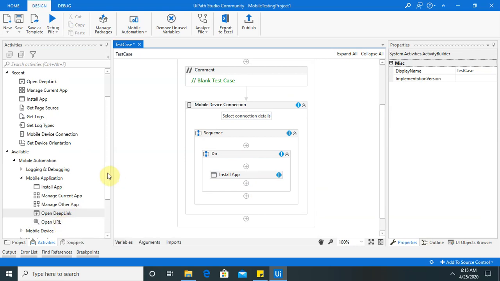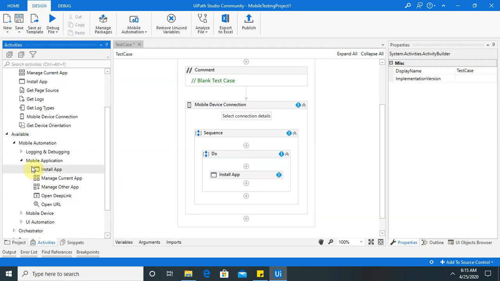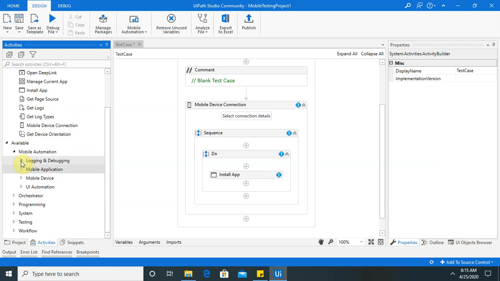Open URL also works, like if you want to open google.com or any other website in the mobile application. You can also check how much time it takes at the time of launching the browser and opening any URL, which means you are actually checking the performance of the mobile application.